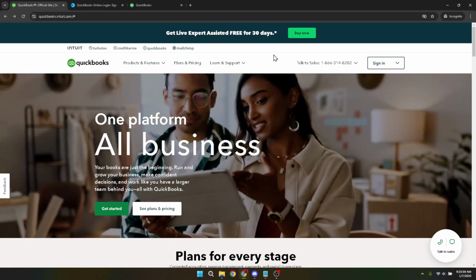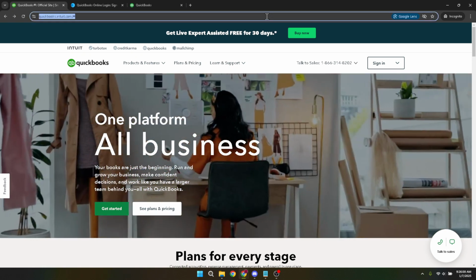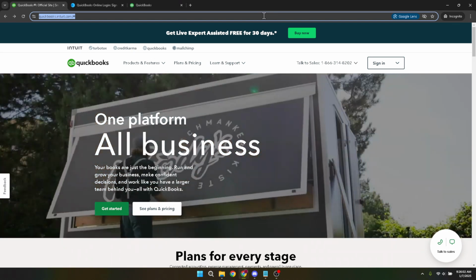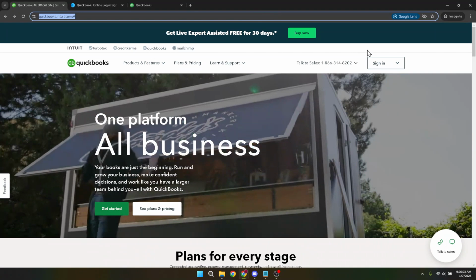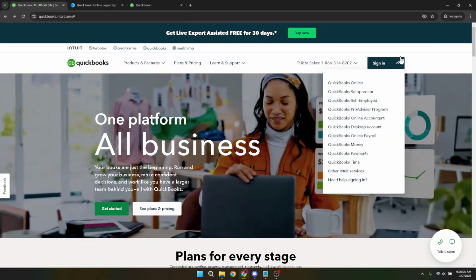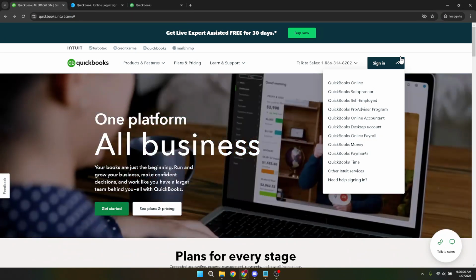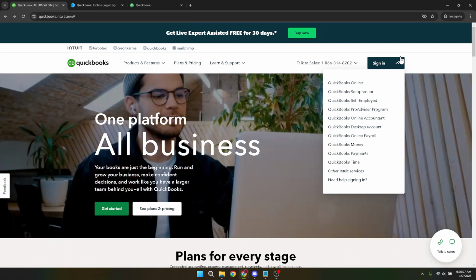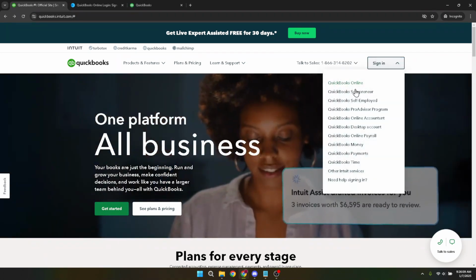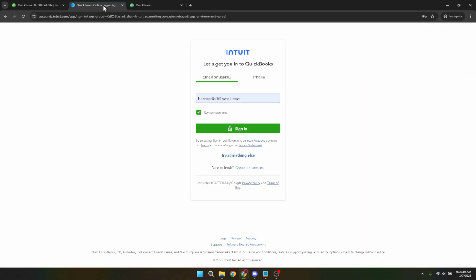Open your preferred web browser and navigate to the QuickBooks Online website. Once you arrive at the homepage, you'll notice a sign-in option situated on the top right corner of the page. Go ahead and click on that. If you're a frequent user of QuickBooks, you know that this sign-in process is your gateway to handling all financial matters. Enter your email address followed by your password. Be mindful to input these details accurately to avoid any hiccups as you proceed. With your credentials ready, click the Sign In button again to enter your QuickBooks account.